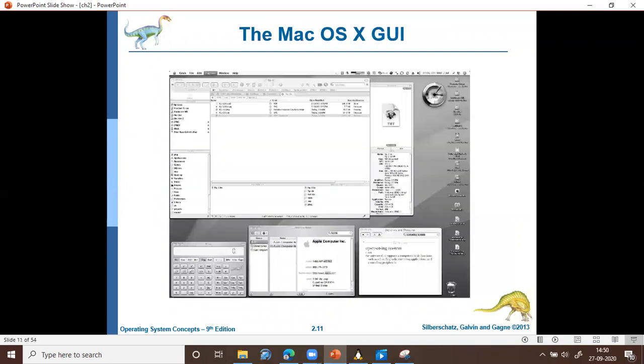So that's it. We'll stop here. What we have discussed are different types of services provided by the operating system. We have discussed these under two headings: the user related services and the services to ensure efficient operation of the system. Thank you.